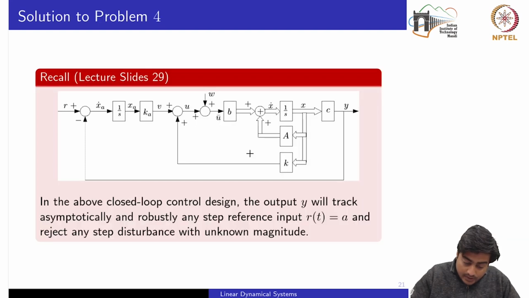So if we recall the lecture slides, slide 29, on which we have discussed another closed loop architecture which ensured that the effect of this external disturbance onto y would be nullified. The two design parameters are k and ka, and to design this, first of all